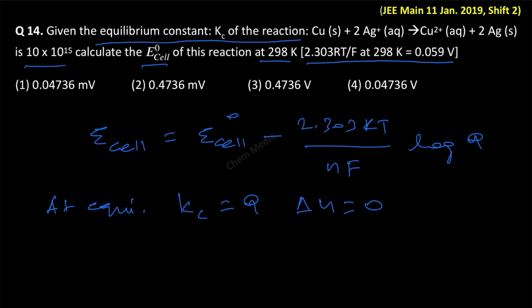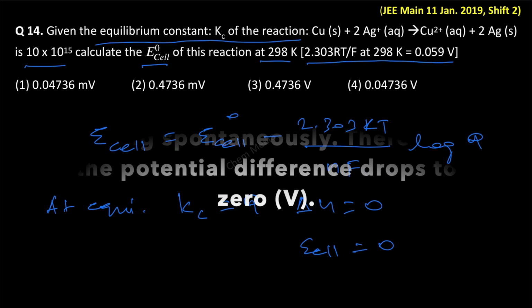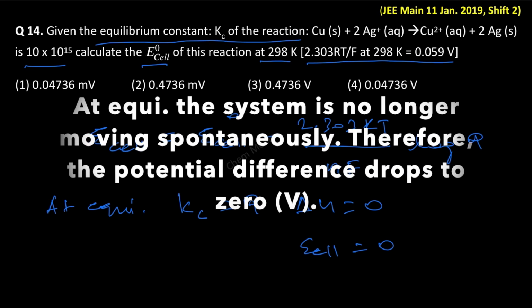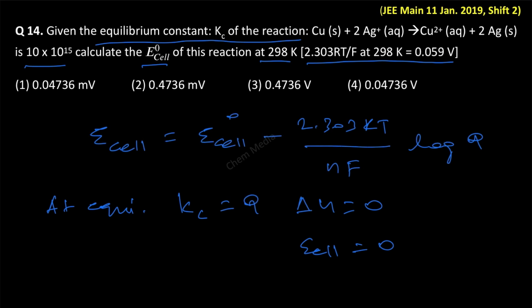This means E cell is equal to 0, isn't it? Because there is no net electron flow. Therefore, the cell potential is 0. This means E cell standard is equal to 2.303 RT by NF